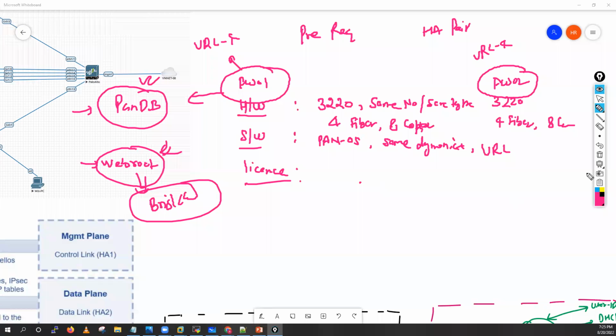Now, how will firewall 1 or firewall 2 get to know they are running the same model number, they have the same hardware, they have the same PAN-OS version? How will they get to know? They will get to know because